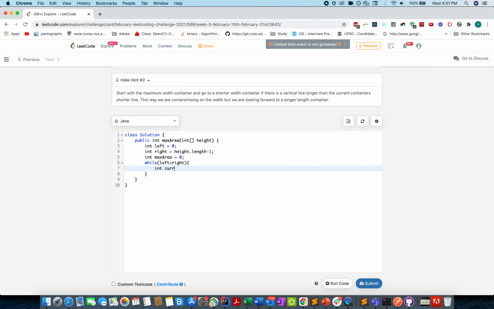Let's calculate the current area: Math dot minimum of height of left comma height of right, into right minus left, and update the max area if the current area is greater than the previously calculated max area.